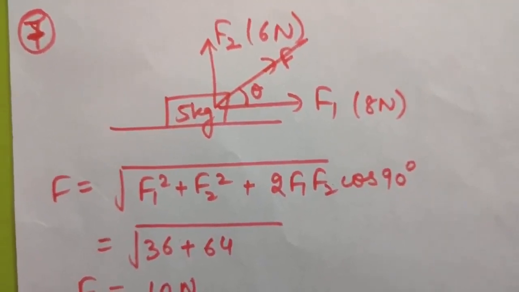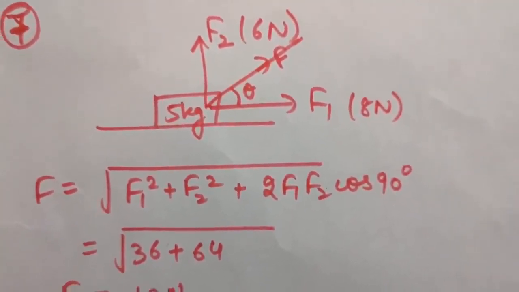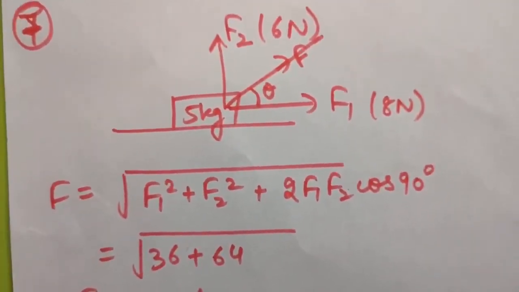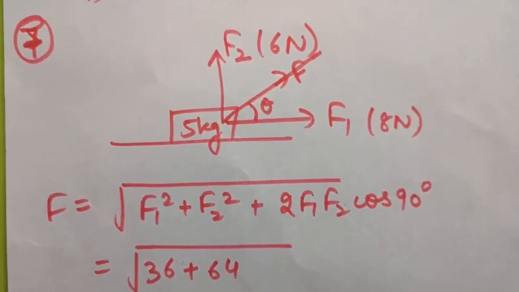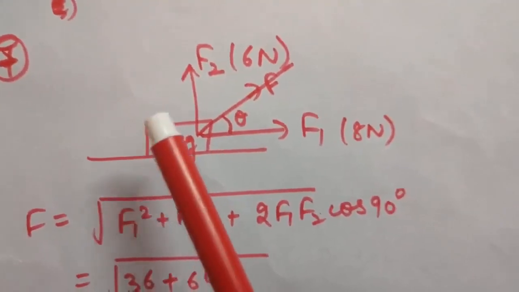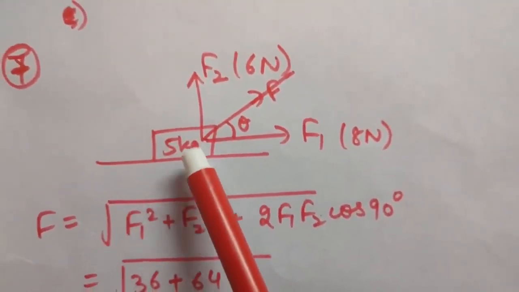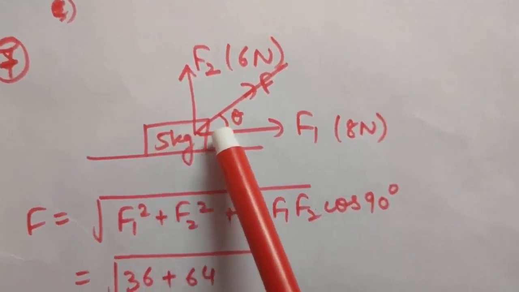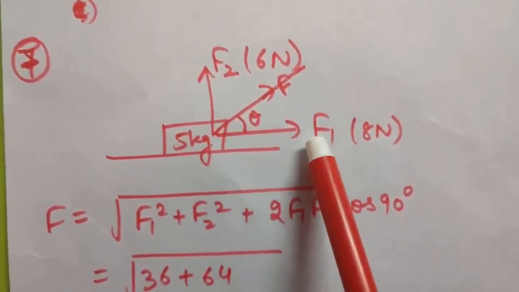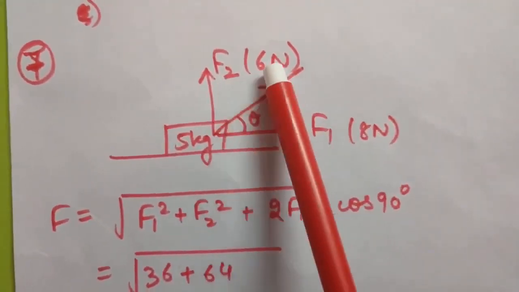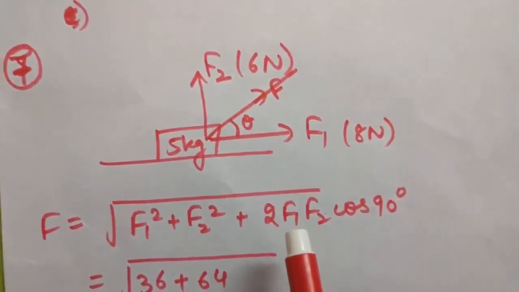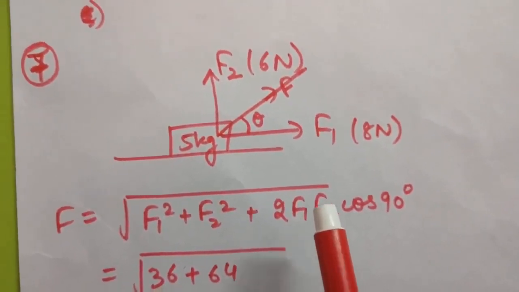Okay, so fifth and sixth questions are easy questions and I hope you will be doing them. Only you have to use equation of motion in them. Okay, so the seventh question says a body of mass 5 kg is acted upon by two perpendicular forces 8 Newton and 6 Newton. So I have considered this body of 5 kg and there are two perpendicular forces acting on it. So I have taken one force in x direction and one force in y direction. So now they are perpendicular to each other. So I am taking F1 to be 8 Newton and F2 to be 6 Newton. You can take any one to be any one. I am taking these values. Now you have to tell the magnitude and direction of the acceleration of the body.